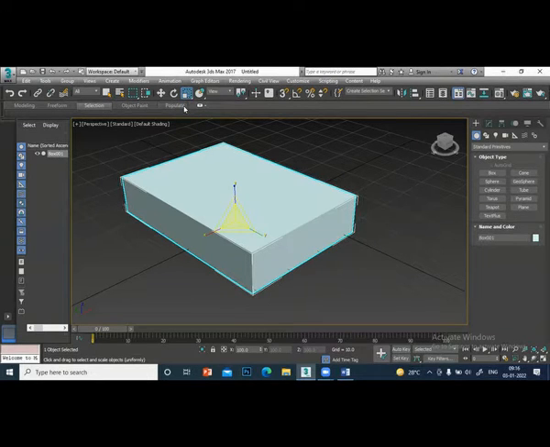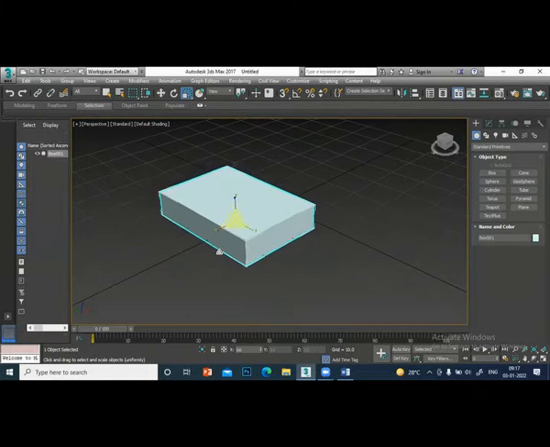With the uniform scale, you can see a yellow triangle coming. That means it is going to scale in all three directions. It is increasing in all three directions. You can see the values here, all three x, y, z values are changing.